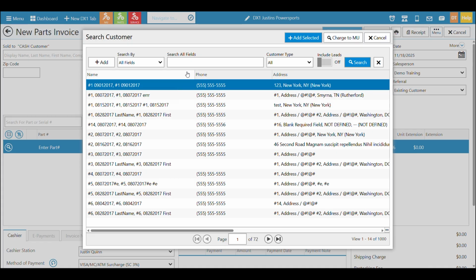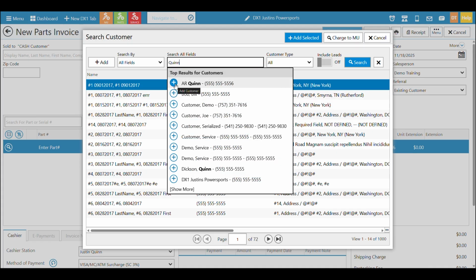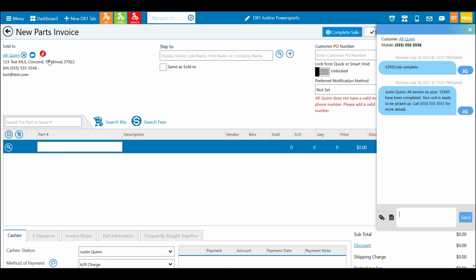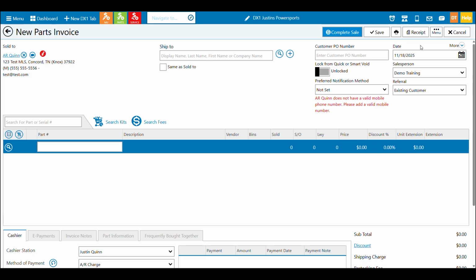Once you do find a customer that you're looking for, let's find one here that we like, I can click this straight from this window, and you can see it adds into the invoice. Once added to the invoice, you just have a couple of notes here. One is if you want to send an SMS to a customer, you can click that. It's linked straight to the customer record, and you can send them a note.